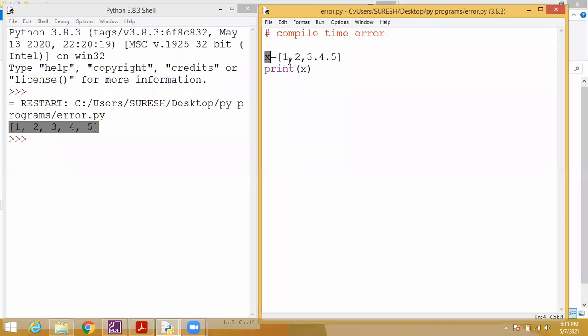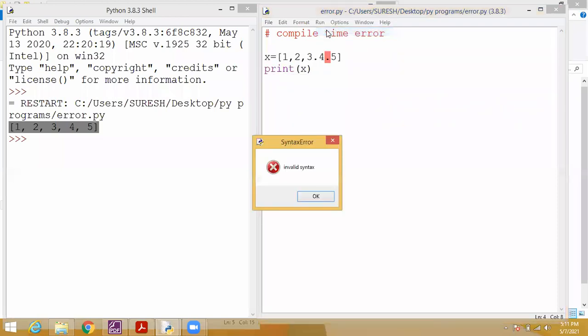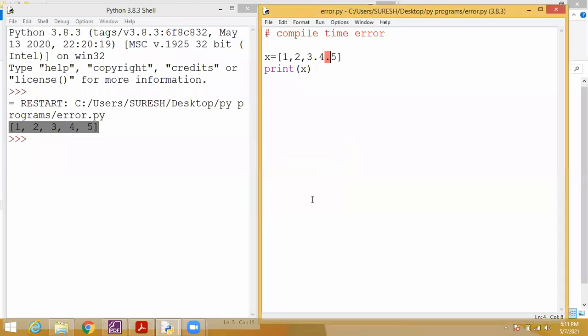They don't know what happened in the program while creating it, but only after execution do they know the errors. See, it shows the error, invalid syntax. It shows the second point. Why didn't it show the first point, students? Because it considered that as a float, so it will not make it an error. So the second dot will be an error. You can give a comma here. So only 4 elements: the third element is a float value, the remaining all integers. Students understood?